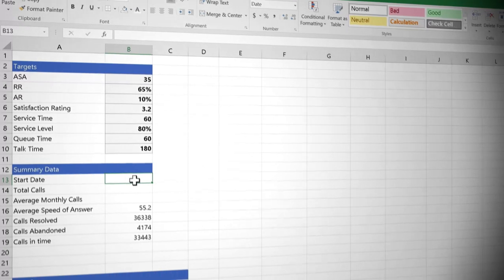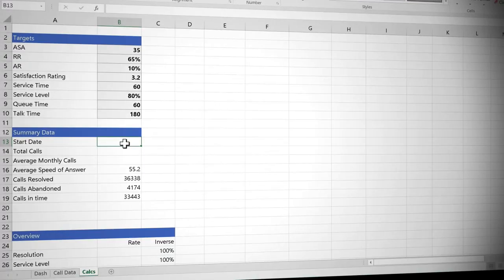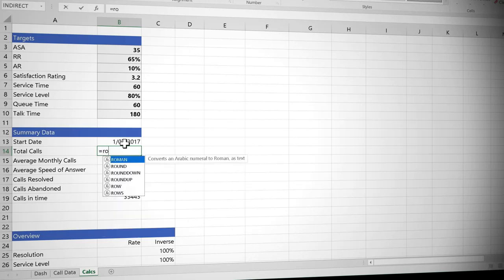Now coming down to our summary data, these are some of the main things we need to calculate before we can even get started. And the first one we're looking at is the start date. Because this dashboard will be reused in 6 months' time with completely different data, we're going to need to calculate this. And this is very simple. We're just going to use our min function, and it's our call date, and we've named the column, so nice and easy. We also want to get our total calls, and this is just going to be the number of rows in our newly created